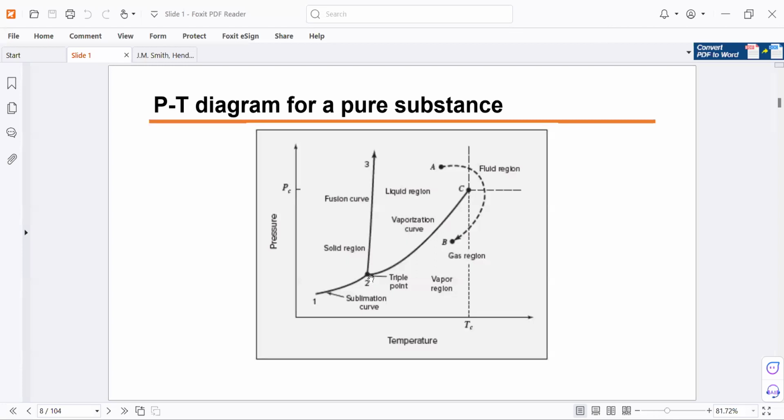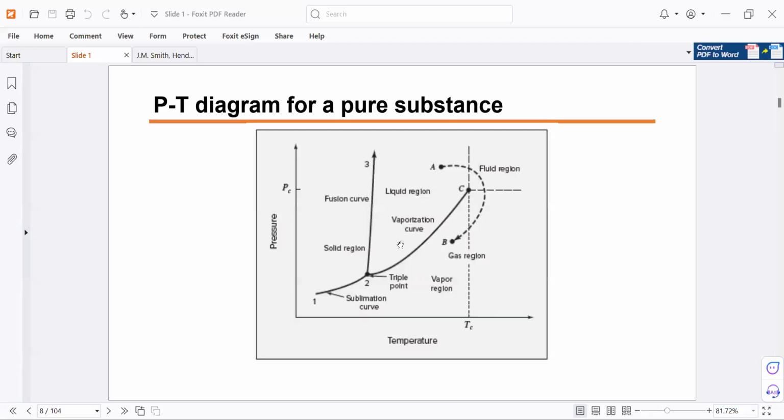Next, we have the triple point, and what is the degrees of freedom for this one? The number of phases is 3. So the solid, liquid, and vapor are in equilibrium with each other. So 2 minus 3 plus 1 equal to 0. So we cannot choose any pressure or temperature. The triple point is already at a given pressure and temperature. We also have on the right-hand side the critical point. So we have the critical temperature at the bottom and the critical pressure on the left-hand side.